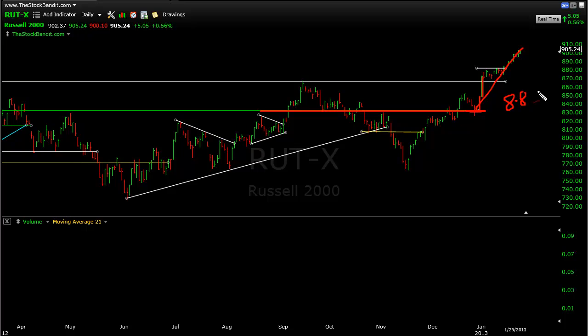and since then we've seen this index make an 8.8% move. That's a tremendous rally for the small caps, but even bigger is the lift from this November low, that is 18.6%. So we're talking about a huge rally here in small caps, and that just shows a big appetite for risk. Now at this stage, this index is getting a little bit stretched. It's really just kind of a one-way street here,